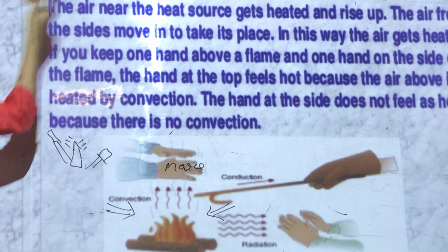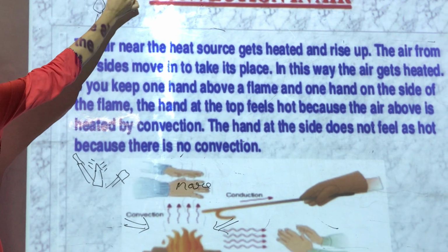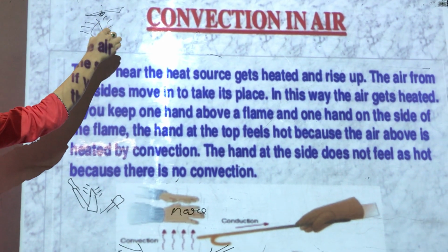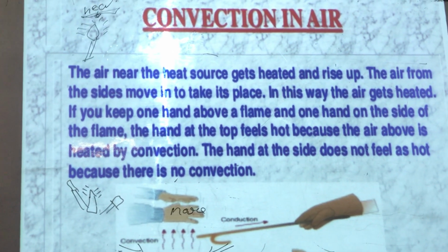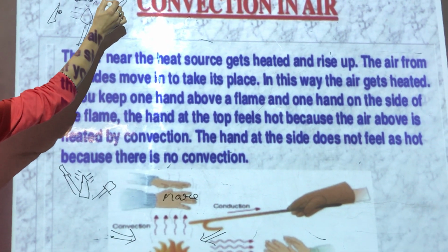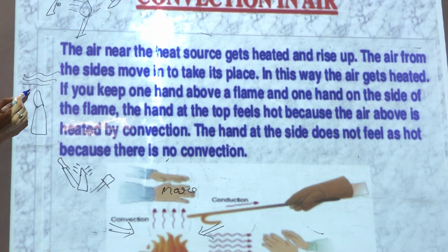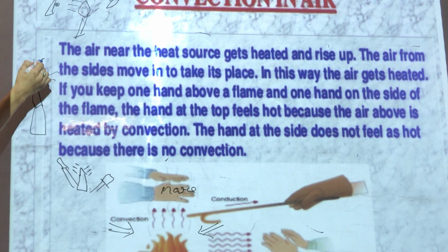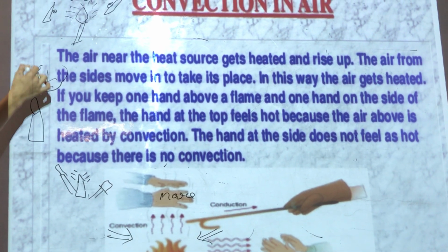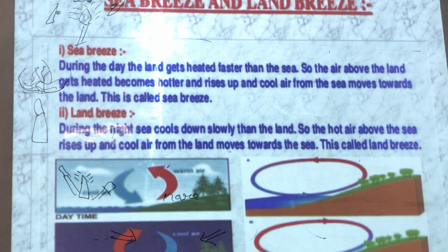Okay, I repeat. For example, how convection in air occurs. Suppose this is a candle. If you put your hand above this candle, you will feel more heat as compared to when you put your hands sideways. Now can you tell the reason why? Because above the candle there is air which heats up and rises upward, and the air which is sideways comes here, and then it starts heating up, and this process goes on forever. So this is the process of convection.